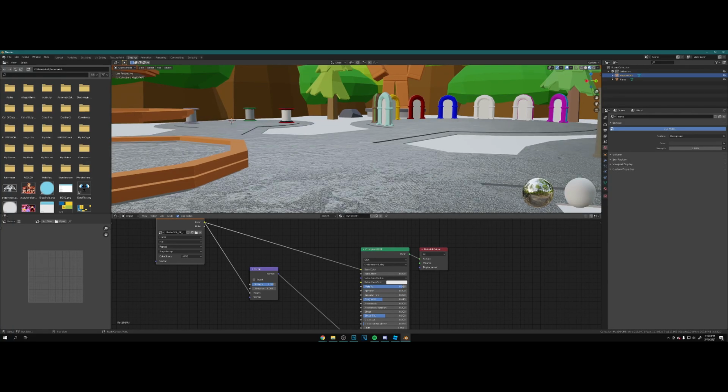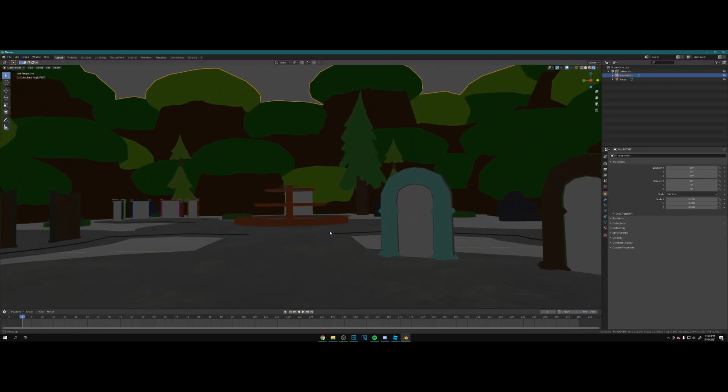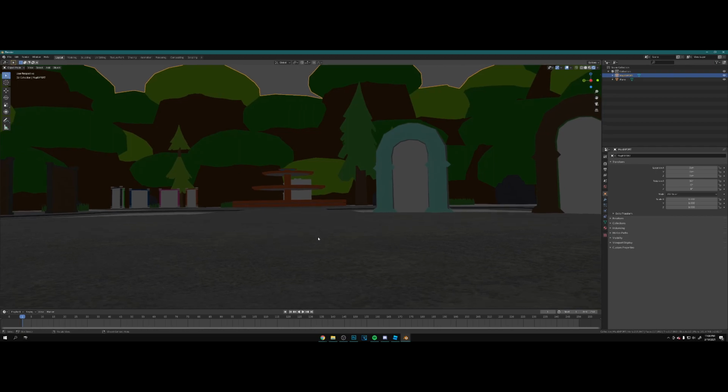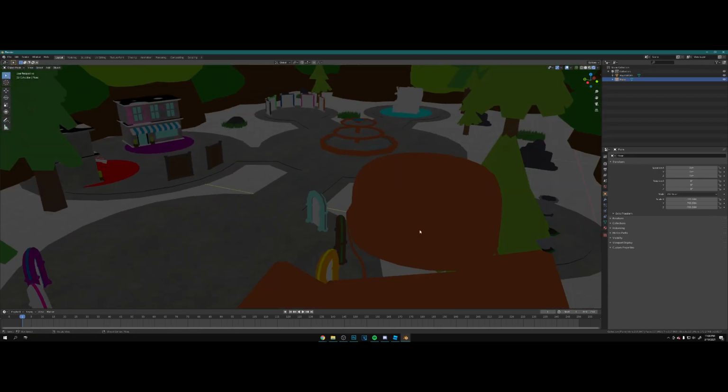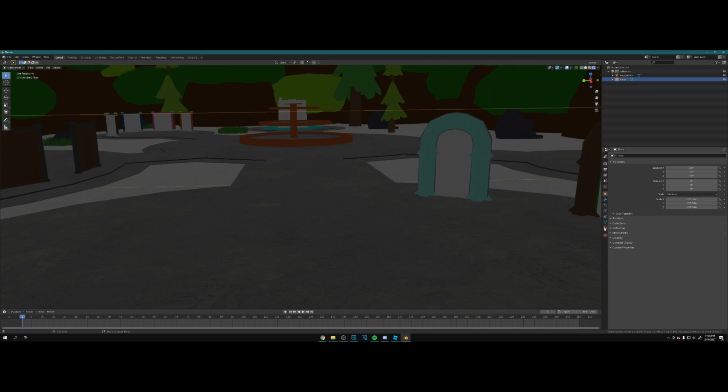Right. So this is all trial and error. It's up to you. Let's go back to layout. I think that's fine. And I'm going to click on my plane and go to